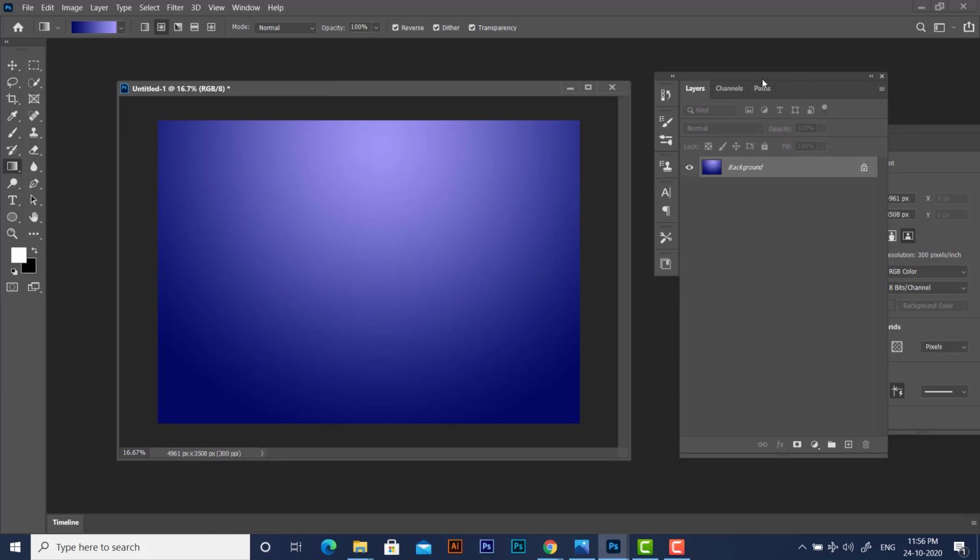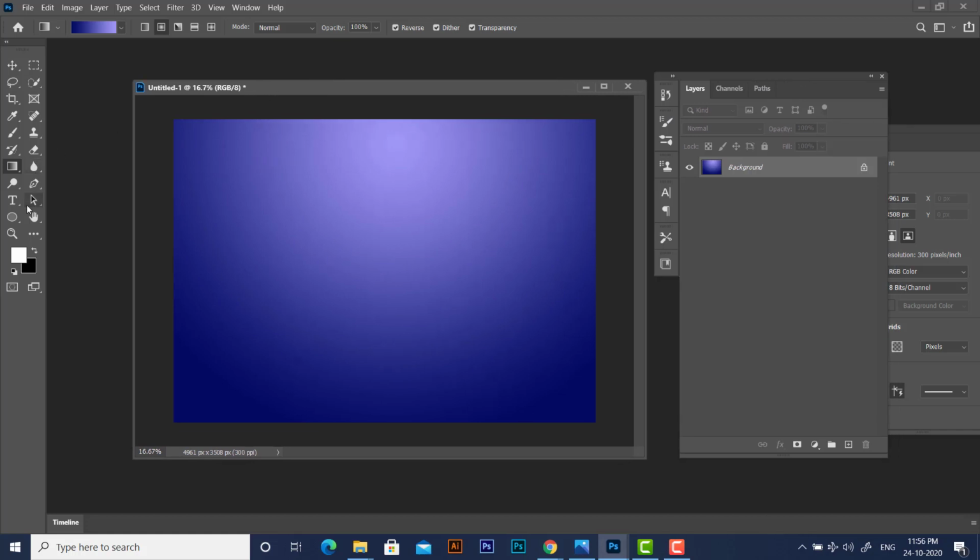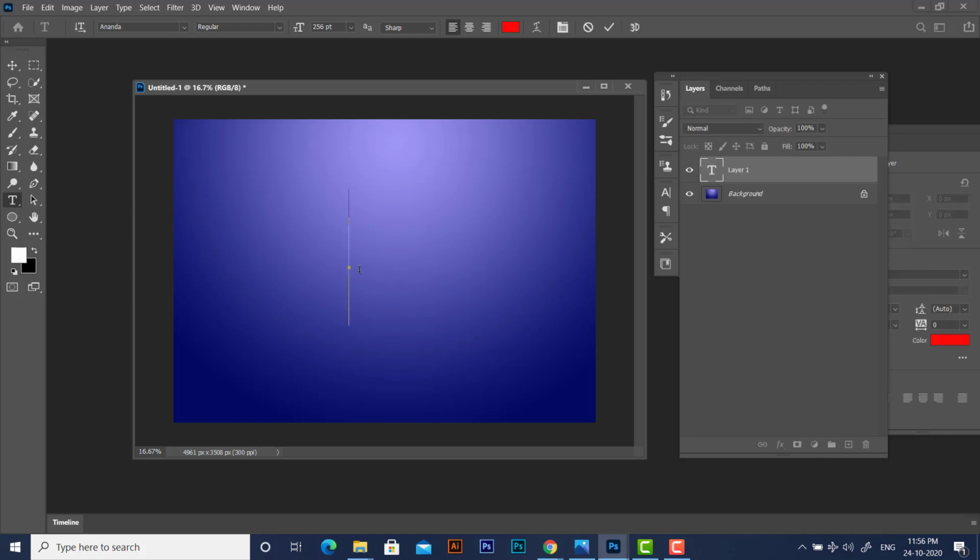Now we are going to create the text. Just select the type tool, select the horizontal type tool, and you can type whatever you want. Another important thing is, you can get a number of fonts online.